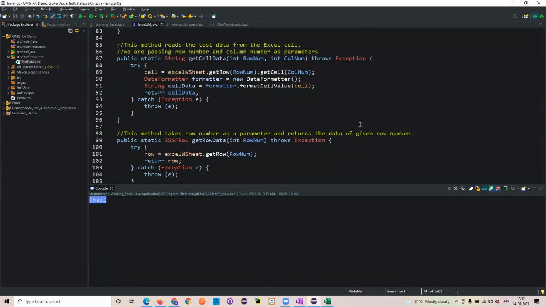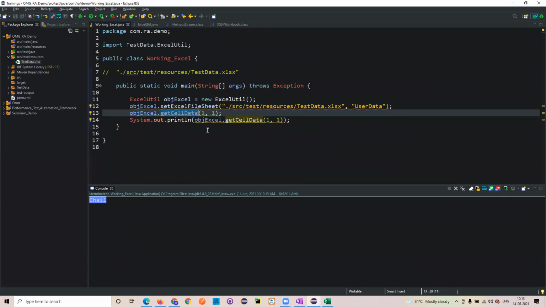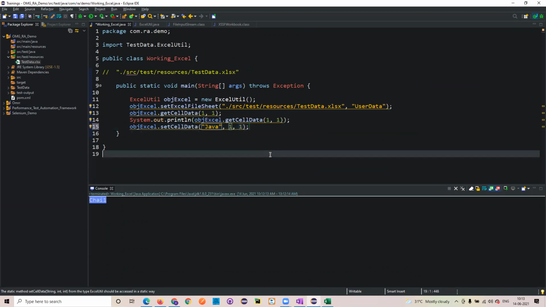Okay. Now, if you see here, set cell data. If you wanted to set that particular cell data, you just go here and using that object, you need to write dot set cell data. Now it is asking what value you wanted to set. So I wanted to keep this particular value. What is the row number you wanted to keep it at? 0, okay, instead of 1, and then I'll keep this one. So now we are working on it, right? That's it. It will go and set this particular cell data.